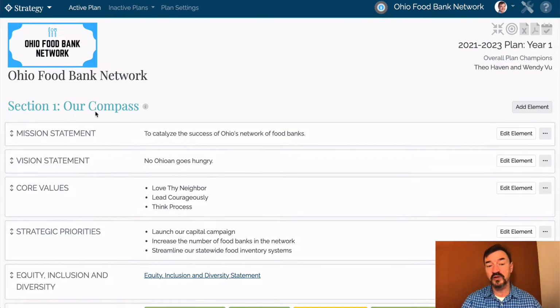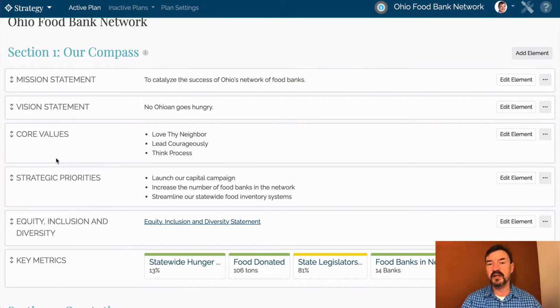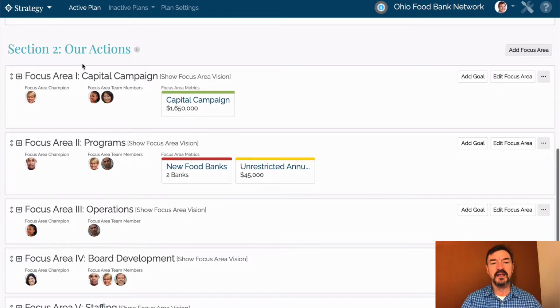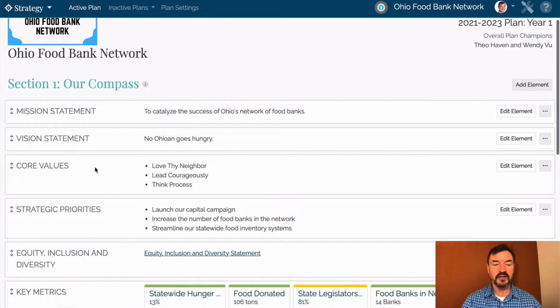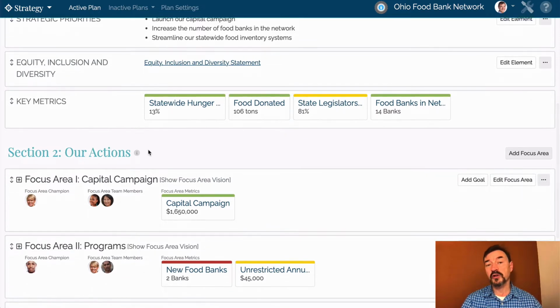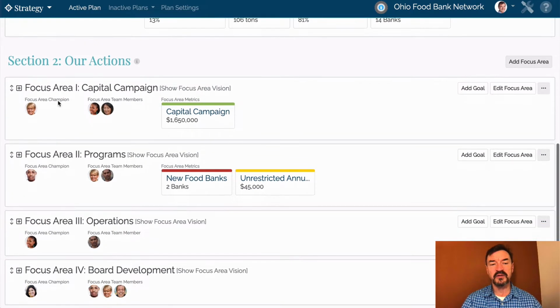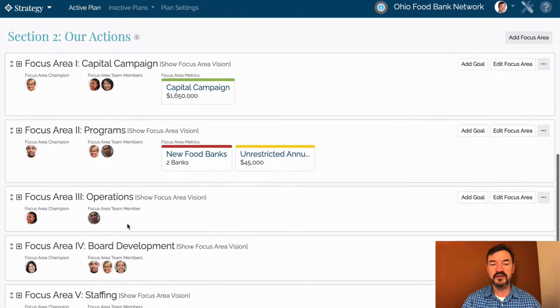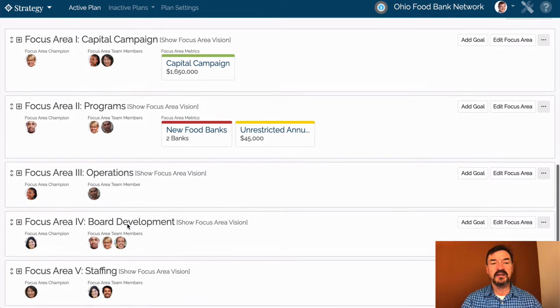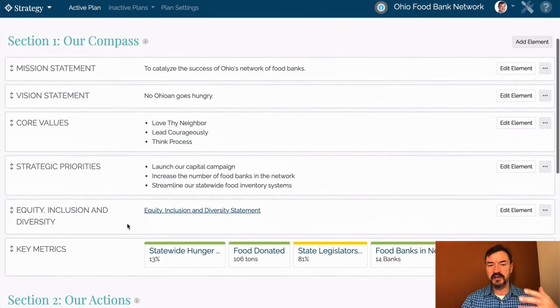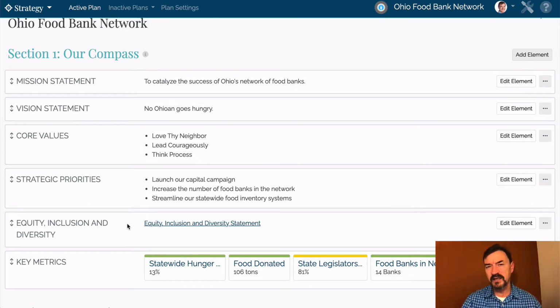navigate. Section one is called our compass, and you see these different elements of the compass here. The compass basically provides you with ongoing long-term direction for your organization. And then section two is called our actions, and this is divided up into a set of focus areas, like in this case, capital campaign, programs, operations, etc. These are buckets of focus that you and your team would be focusing on. So that's the basic structure of the plan. I'm not spending too much time on that with you right now, but that's the basic flow of what the